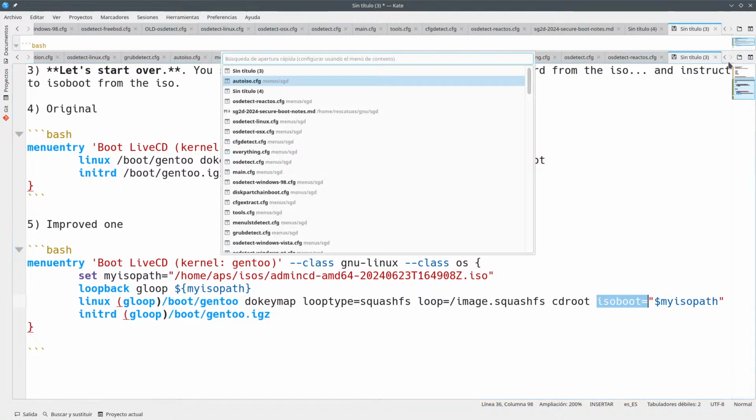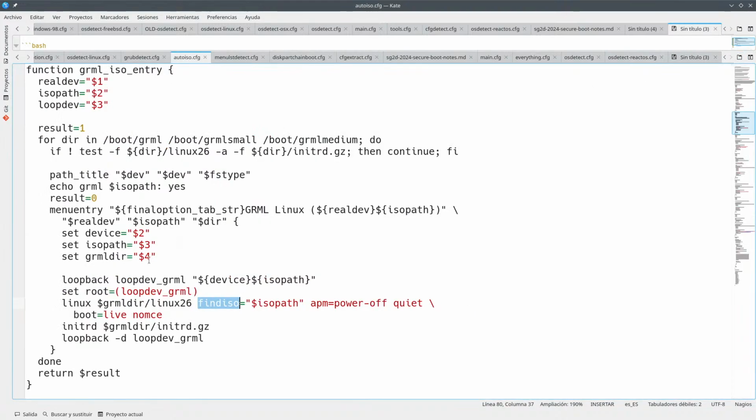That's something you could contribute to Super Grub2 Disk, but the day of tomorrow it might not work. You can see here how grml is supposed to be checking for Linux 2.6. This is very old. You are not going to find this anymore on updated grml.